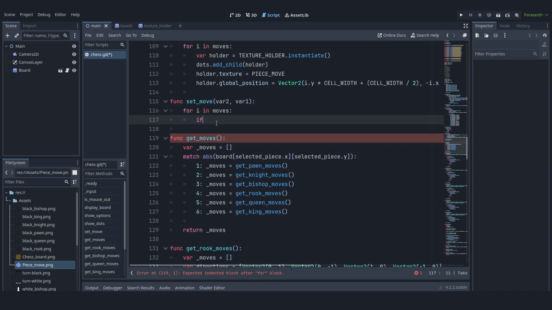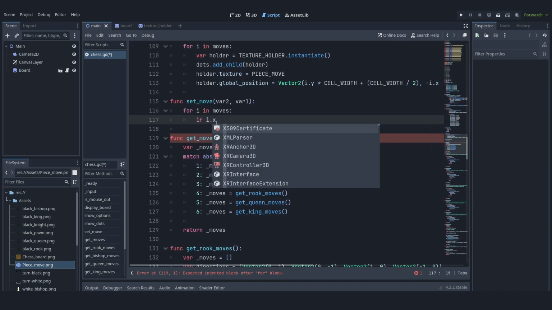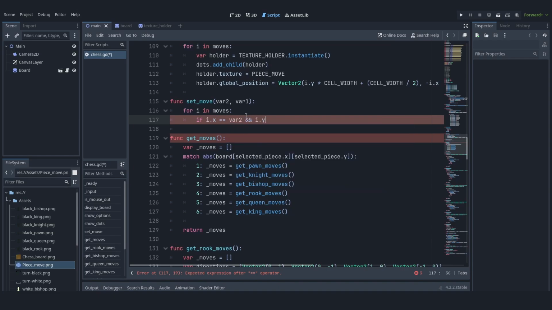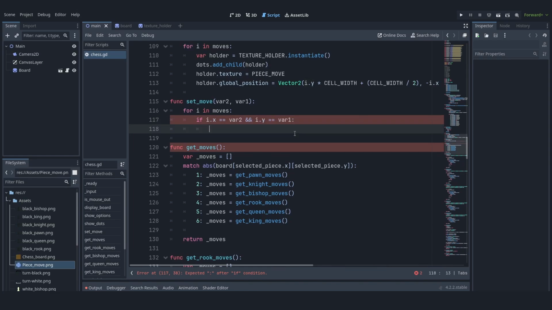So it's going to be if i.x equals var2 and i.y equals var1. So basically, is our mouse pressed position square x and y equal to a possible move that was in the selected piece moves. And here, if it is, we set the board var2